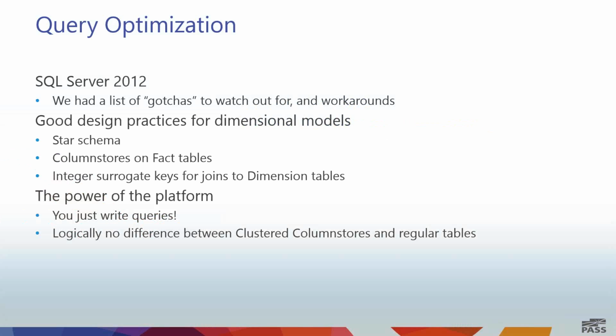Moving on to some query optimization. The best place to use this is in a typical star schema, where you have columnstores on fact tables and lots of integer surrogate keys out to the joins of the dimension tables, and this really improves the performance of those joins to the dimension tables. And when you just do the star schema and have the clustered columnstores on your fact tables, it really allows you to not have to worry about indexes on the rest of the columns, figuring out whether or not you need